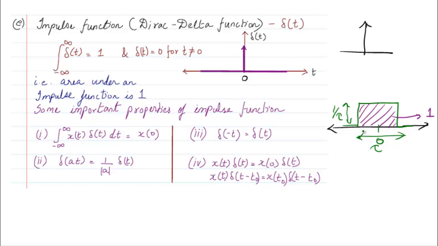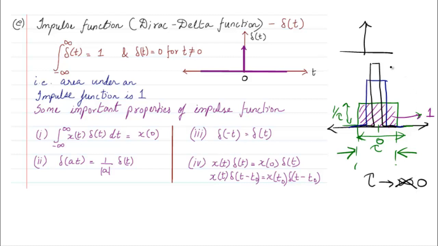Now suppose I am going to squeeze this pulse. That means I am going to take these two ends and squeeze them. If I squeeze them and try to maintain the area as 1, then the height of the signal will increase. So now I will have a signal which looks like this. This also has a height, but its width will ensure that the area is always 1. Like that, if I further squeeze it, I will get an even thinner pulse, but its height will again increase. If I keep on squeezing it such that the value of tau extends towards 0,